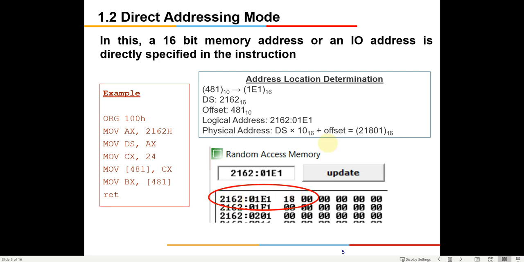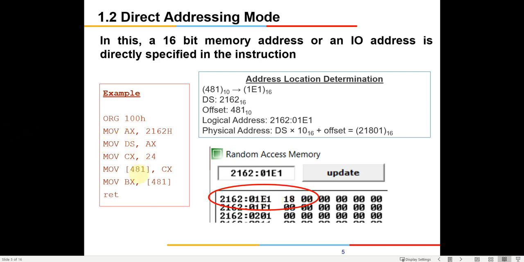So you have to see whether, in the logical address we have set, that memory location has the data moved or not. So you can go to that memory location. I have explained how to go to this memory location. You can go there. There is also a view memory option available, or in the main window itself you can type this memory address, or you can go to view memory. There also you can see this. So you have to ensure that in this memory location, hexadecimal 18 is available. So this is your task.